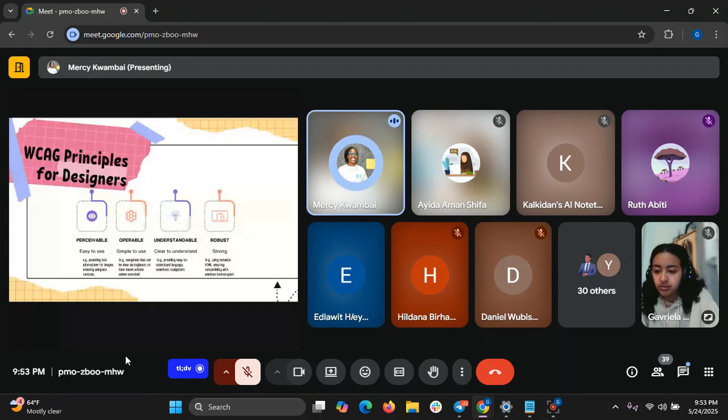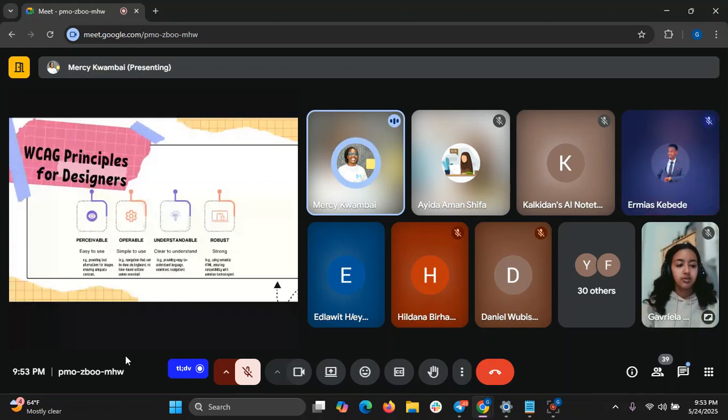As well, it needs to be understandable, providing easy to understand language and consistent navigation across different web pages. Just an example, if you have the home button at the left, it needs to be at the left in all of your pages. You don't want a home button here and then on the next page have it in another place. And then the robust one was added recently, where you need to ensure all your website or information is